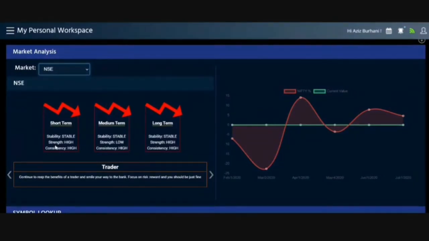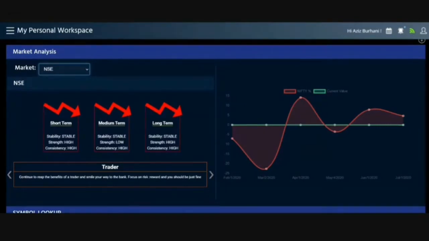And if you can see here, we have divided the study of the trend into 3 components, that is strength, consistency, and stability. So all Shasva algorithms are divided into 3 main categories of strength, consistency, and stability. What Shasva does is it tests the trend for these 3 attributes. And that is exactly what we have done for the market analysis as well. Even in market analysis, it tests for the strength, the consistency, and the stability.